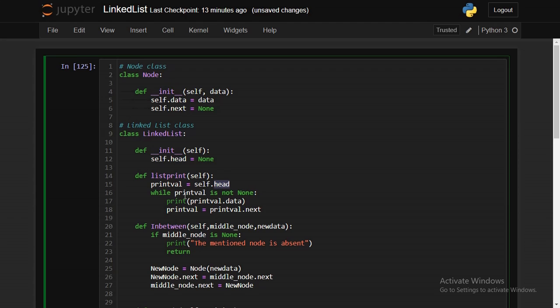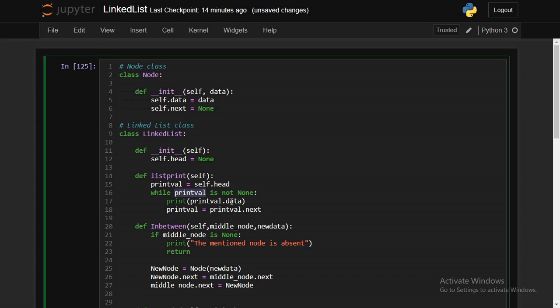While print val is not none. How can the values be none in a linked list? Until and unless we find a node which is not referencing any other node. That is by default the last node in the linked list, right? Because the last node will not point to any other node in the linked list.